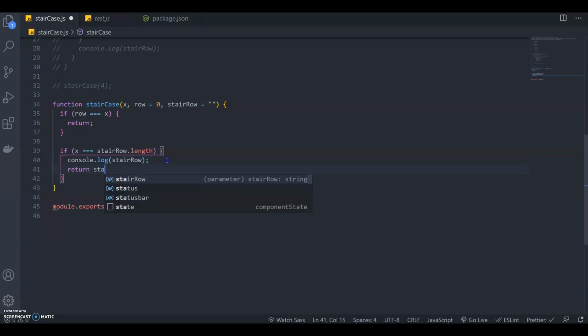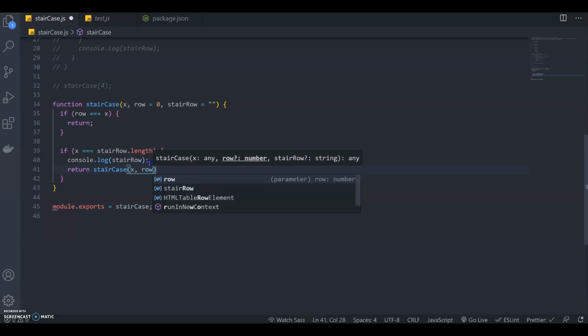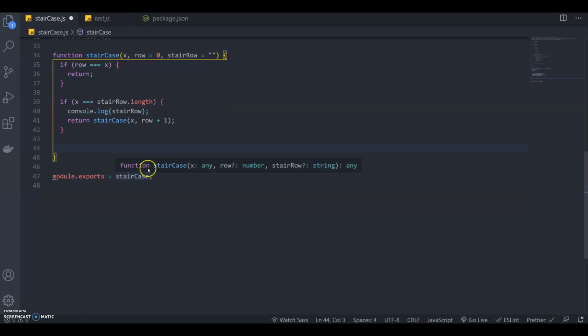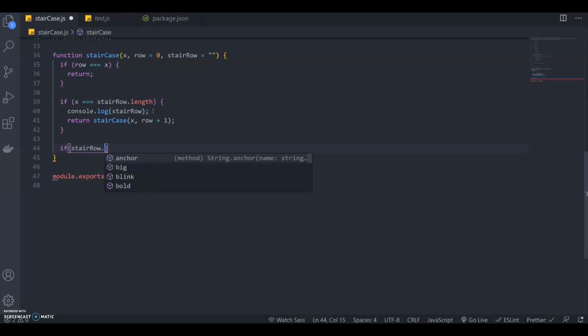And we will also need to return the function again. So return staircase, and as arguments this time we're going to use x, of course, and row plus 1, right? Because we need to add 1 this time inside of this current iteration. Then we need to use another if statement, and this is going to be if the stair row string, the length of that current stair row, so stair row dot length, is less than or equal to the row, just as before,